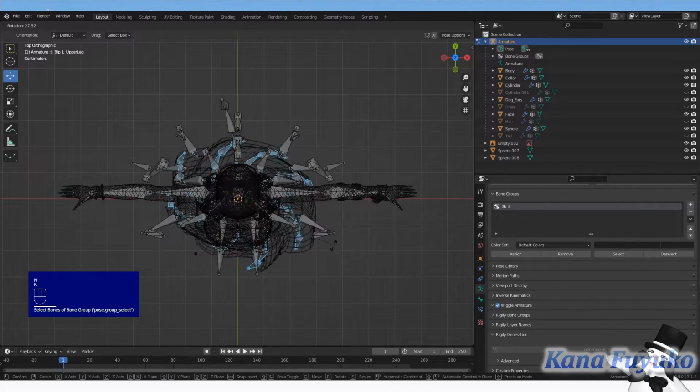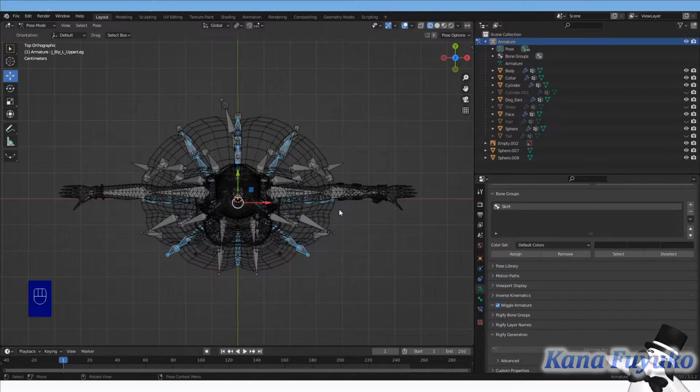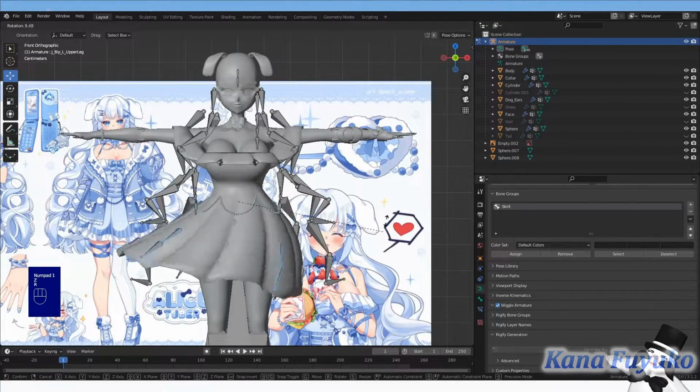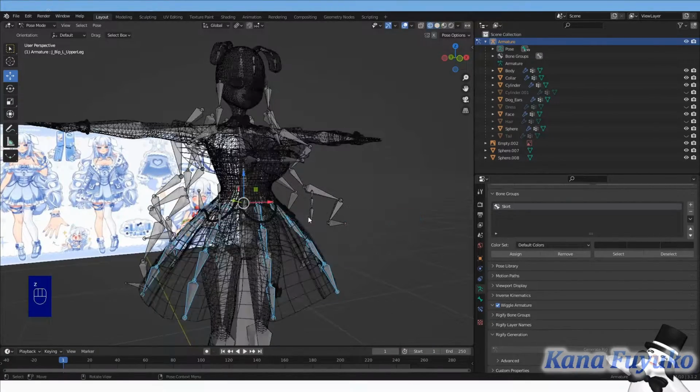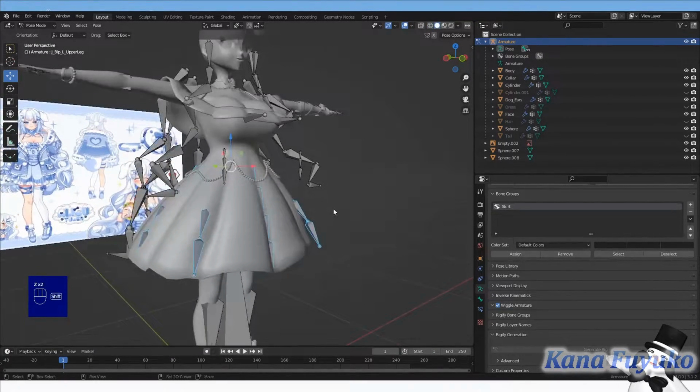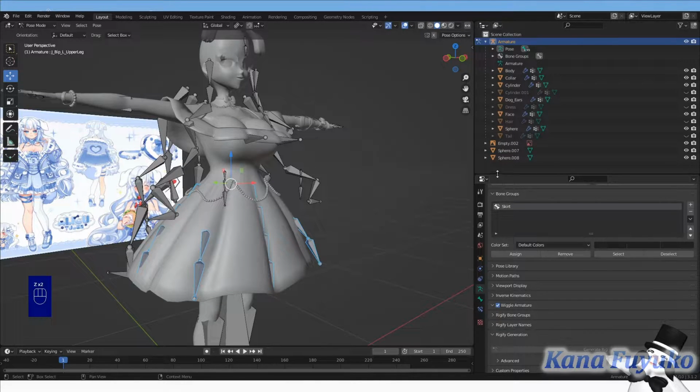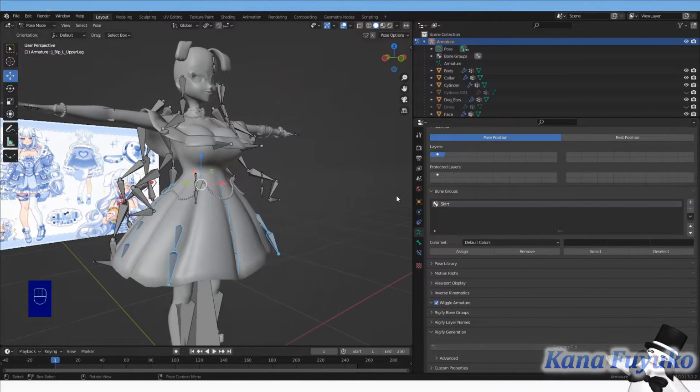And then go ahead and quickly test your skirt right here. And test it again, and you can see it does a pretty good job. And we can also quickly go ahead and add the physics for the skirt rig, so I'll show you.